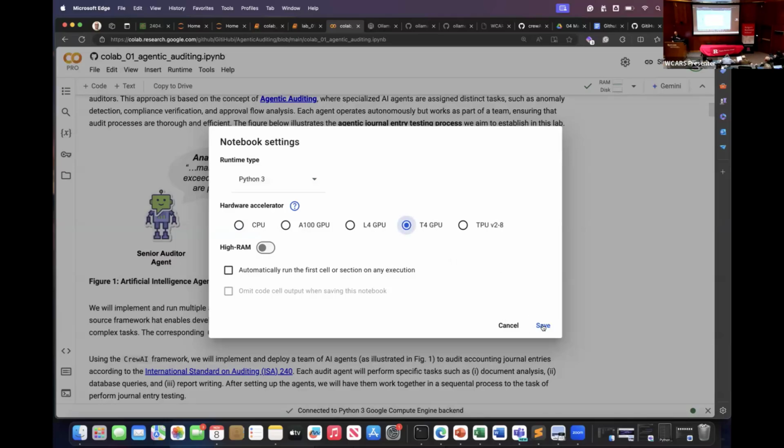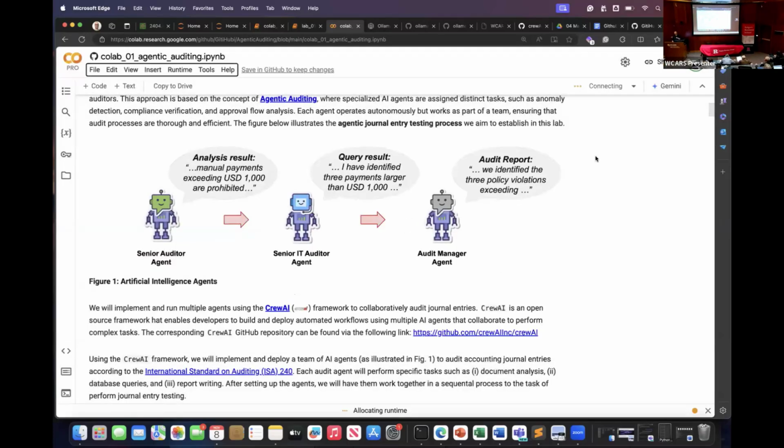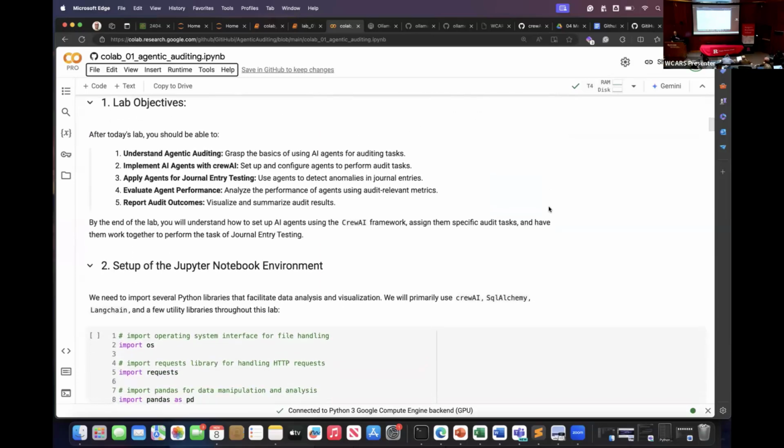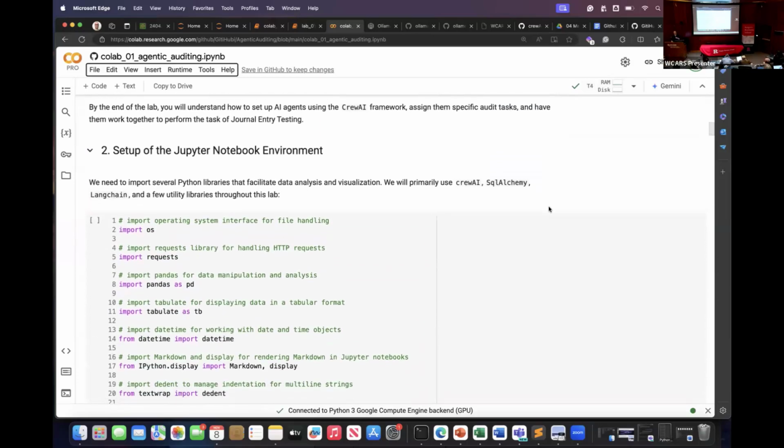Okay, so let's do that. Disconnect and restart the runtime. And then hopefully it takes a couple of seconds or minutes until we have a new runtime here with a GPU attached. All right, once we have the runtime available, we'll go into the notebook, and then we'll start executing the different